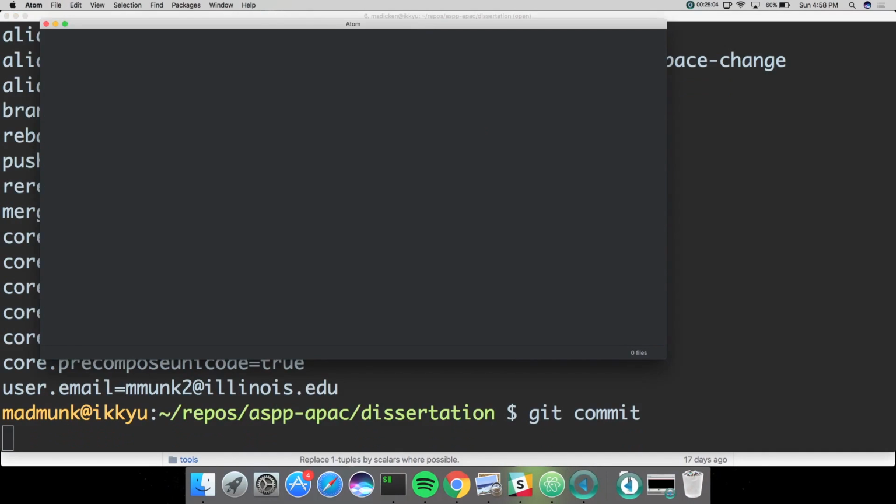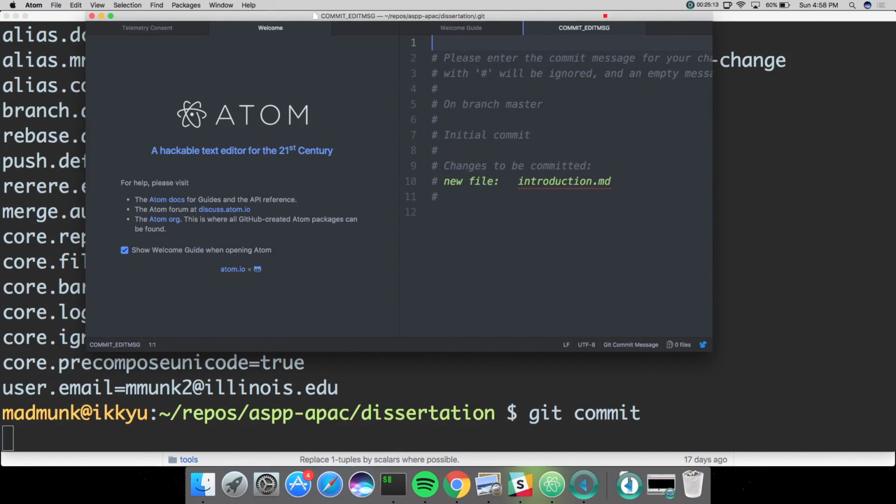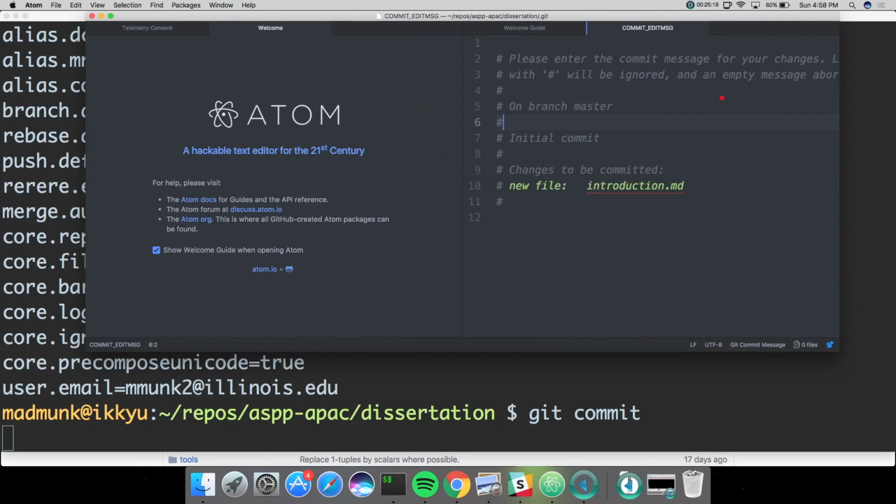Okay, so now my machine is opening Atom as my editor, and this is kind of hard to see, I'm sorry. Let's see if I make it bigger. Can you see that? Yeah, I'm sorry the coloring is, I didn't think about changing that. But okay. So because we've set our core editor, Atom is going to open our editor, and it's going to open a particular file that's located in that .git folder that I showed you before. And it's a file called COMMIT_EDITMSG. It's a commit edit message, and there's some comments in here that Git's trying to help us with. So the nice thing about Git is it's very helpful, and it tries to tell you what you're doing as you're going through the